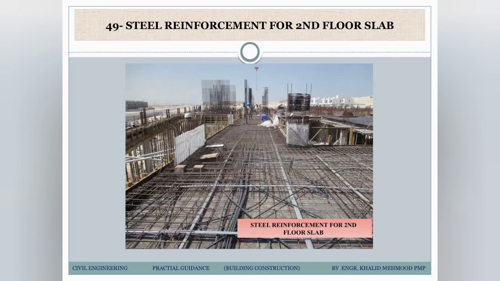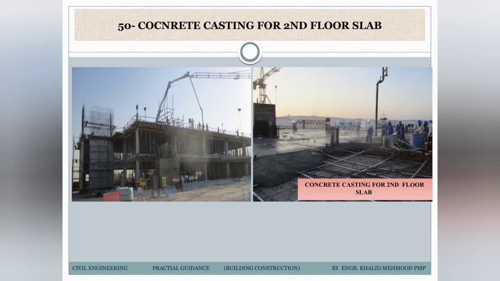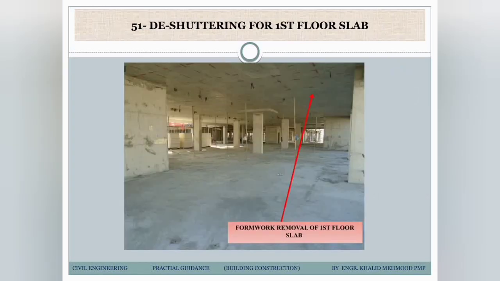So the steel we have fixed and the post tension for the second floor slab. It is the same activity what we did in the steel and formwork for the first floor, and it is the same repeated activity for the second floor. So we are casting the concrete for the second floor. So you can see here our structure has reached the second floor level. We did excavation and foundations and tie beams and columns, and now we reach the second floor.